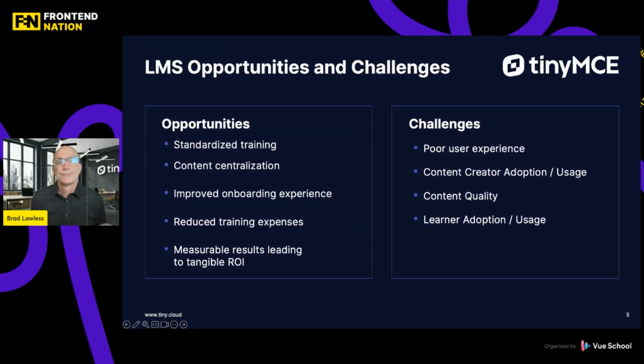So let's just talk about LMS and what the opportunities and challenges are there. A good LMS system helps you standardize your training through centralized content, making sure that everyone in your organization is not only reading the same materials, but understanding them the same way. You can improve onboarding, both for more HR purposes, if it's an internal tool. If you're building an LMS for